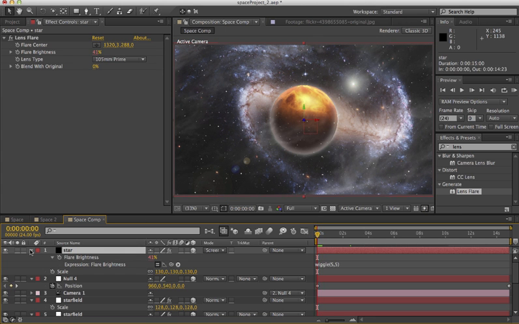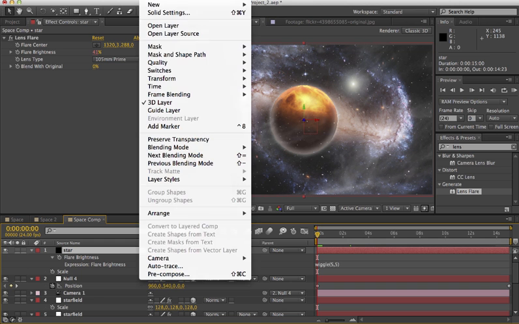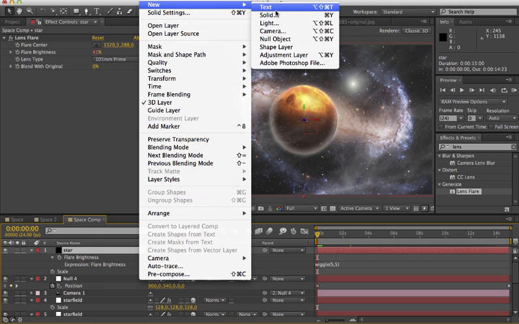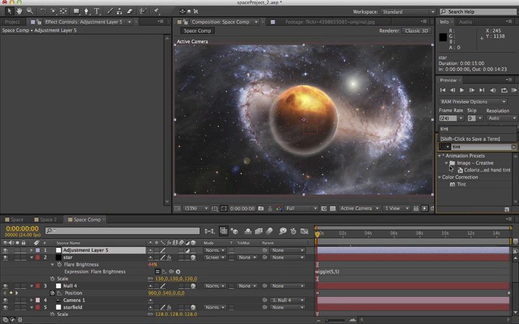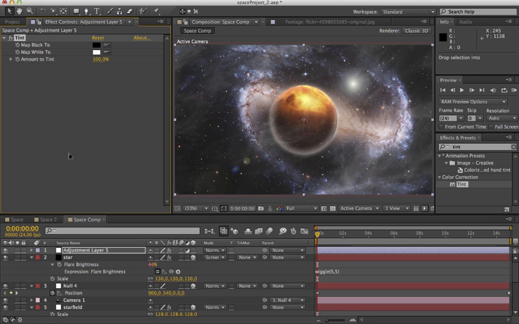What I will do is add an adjustment layer, new adjustment layer, and let's go in and add a tint and just neutralize the scene. We've got a lot of crazy colors going on now, and we just want to pull it all together and make it feel a bit more believable. So let's go for about 30 maybe, and then we'll take curves